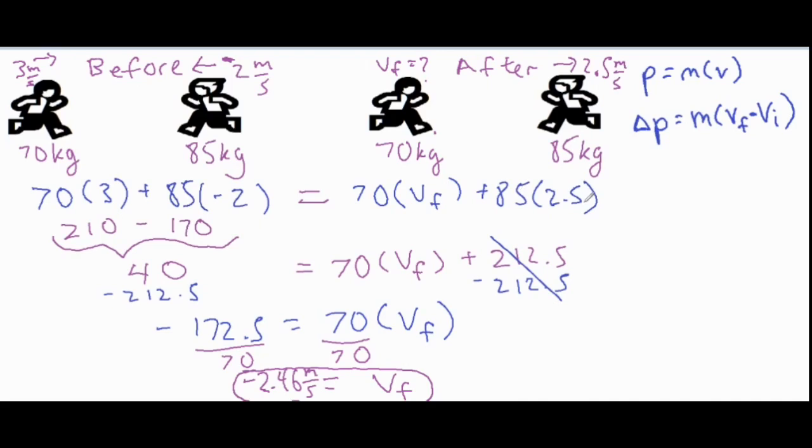My 85 times 2.5 is 212.5, so I subtracted that from both sides, which left me with a negative momentum of 172.5 on this side, equal to that 70 VF. Finished off by dividing both sides by 70, and I got a velocity of negative 2.46, which means that this person does get sent backwards in this direction at negative 2.46 meters per second, and then that is my final